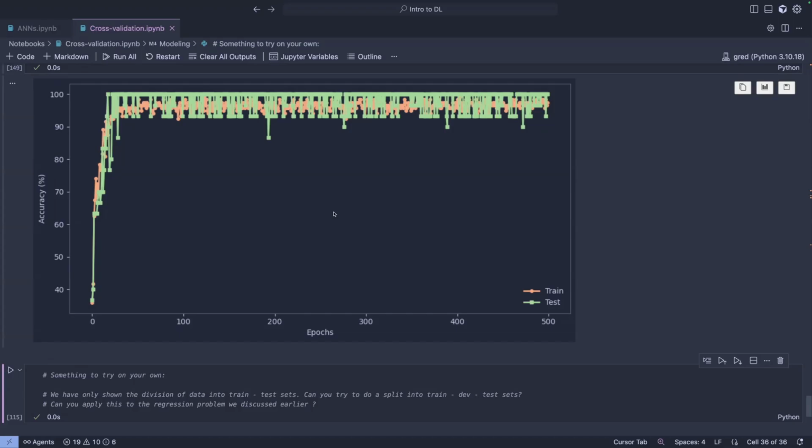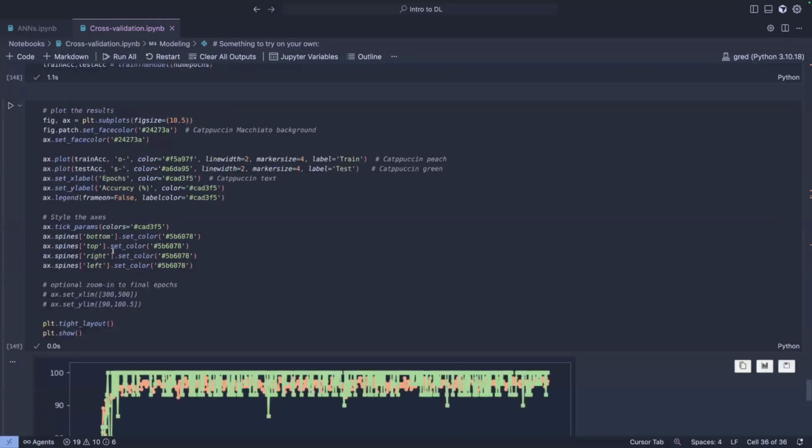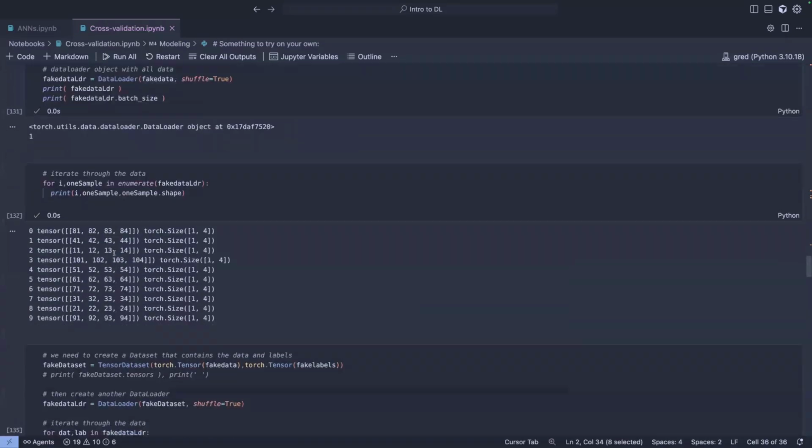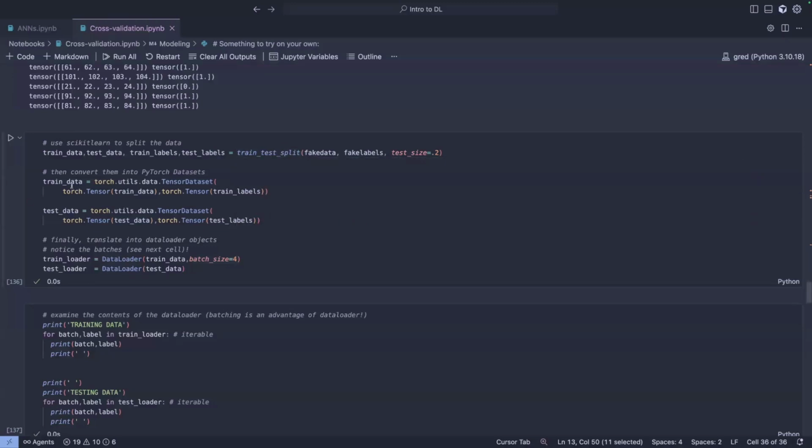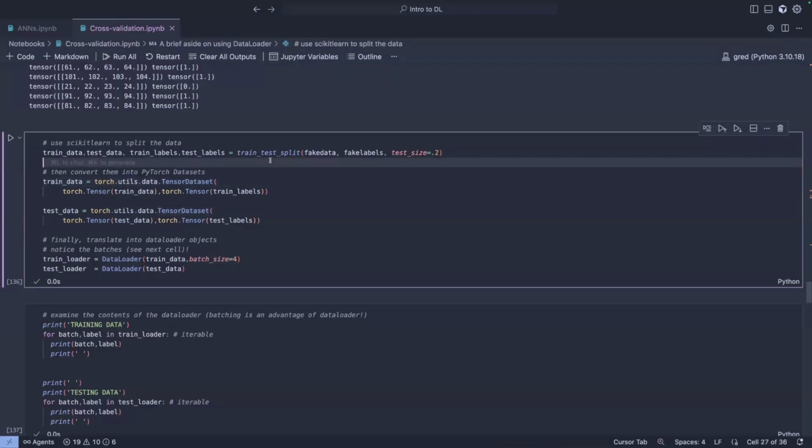By the way, the data loader doesn't split the data. You only use it to build the iterable that you're going to pass into the model, but it doesn't really split the data for you. If you go back to the code, we are splitting the data using the train test split, and then using the splits created by this function, we're building the training and the test data using the data loader. So there's only two ways that we've discussed really.